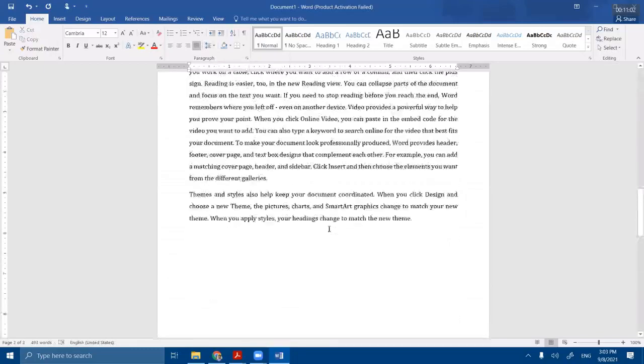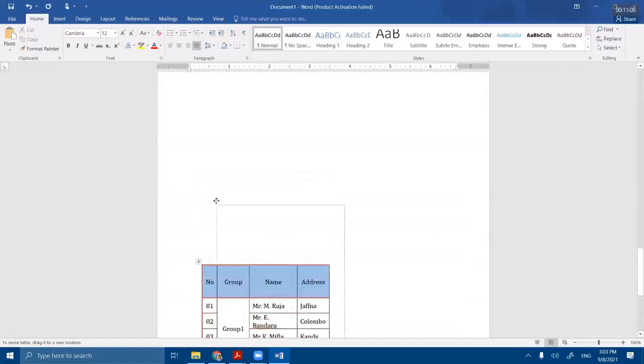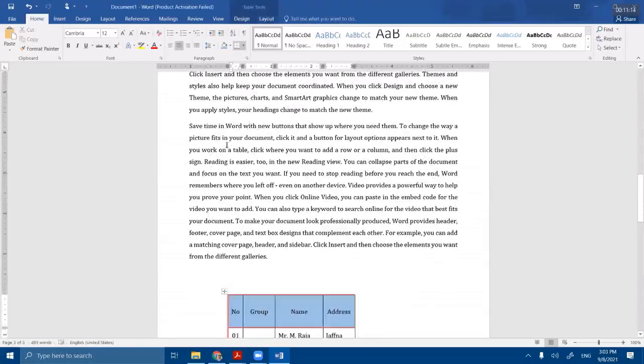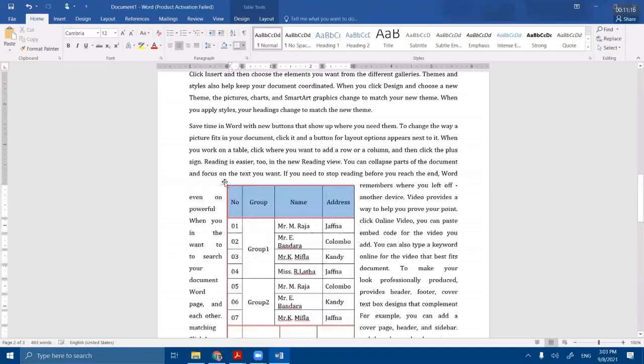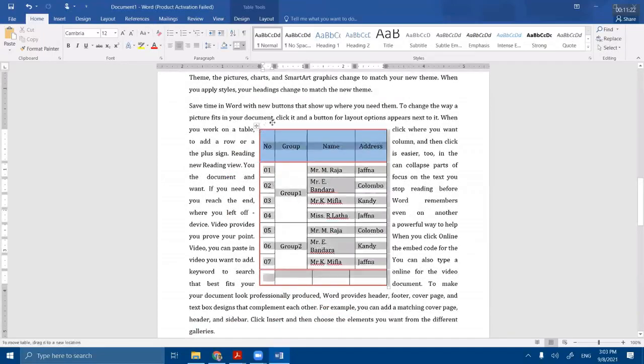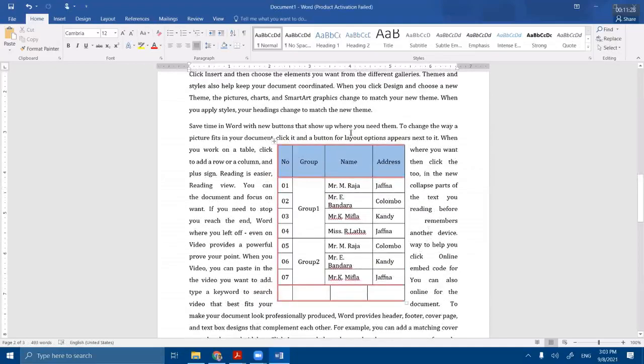Right. This is one paragraph, right? So you can place this table, move using this table. You can place this table within the paragraph, right? The paragraph automatically arranges with the content. So you can place any table, but the paragraph automatically splits. When you work on a table, click where you want this table, and this content continues after the table. So it automatically splits the content,